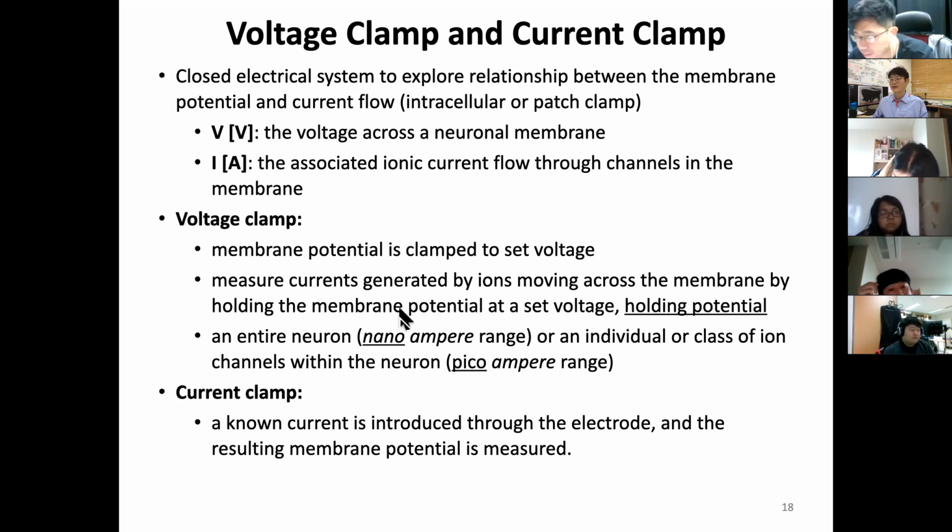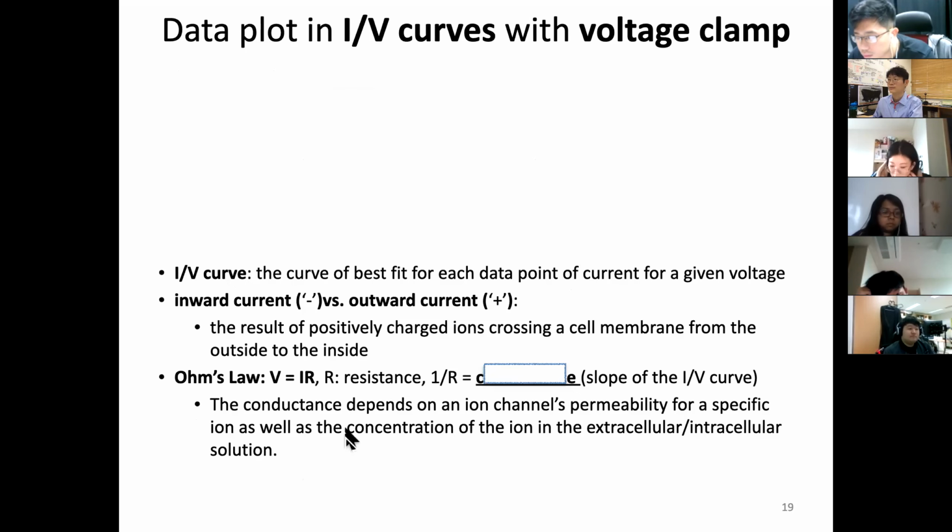So this is a remarkable technique, using this voltage clamp. And on the other hand, hey, why clamp only voltage and measure current? The other way around, you give a known constant current injection while you measure the membrane potential change. That's what we call current clamp. So